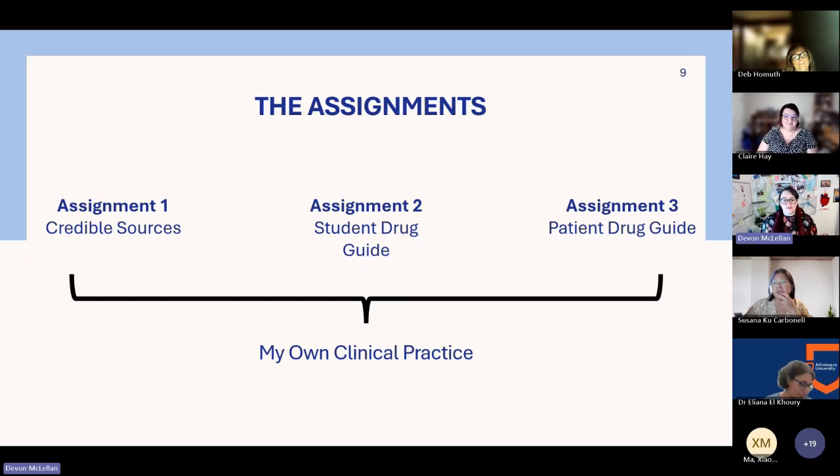As we all know, I'm sure, nursing and medicine is always evolving. What was best practice 5-10 years ago has changed. And so by asking the students to, rather than memorize drug information, instead look it up and find current relevant data, we're helping them build those steps for career longevity as well.